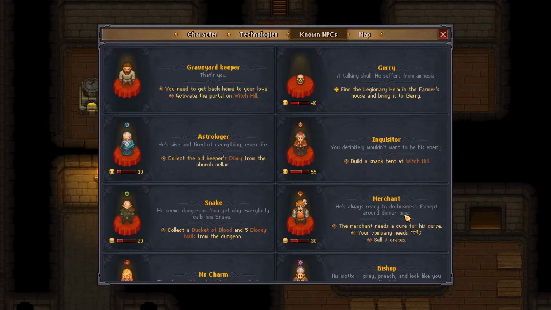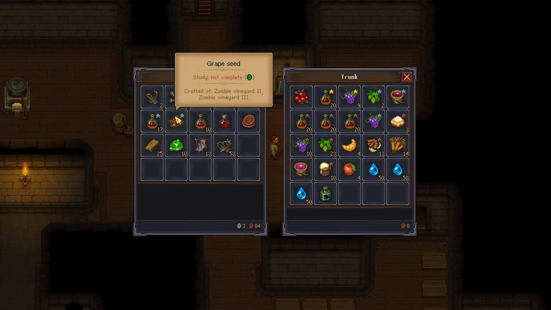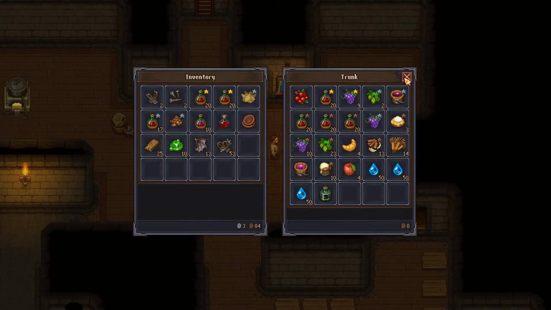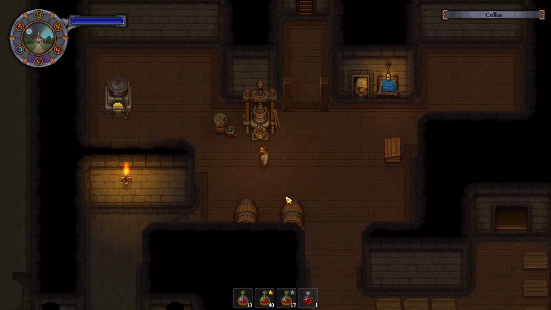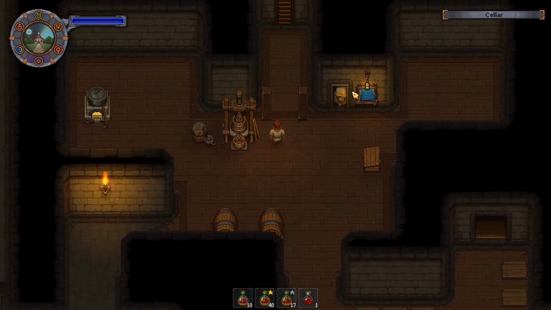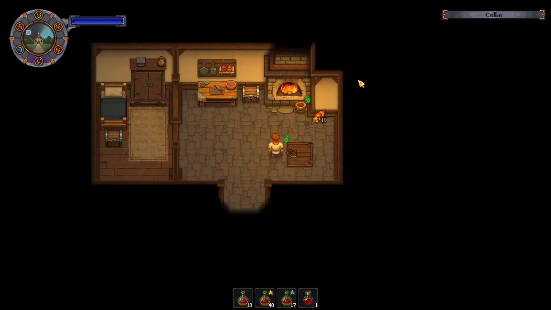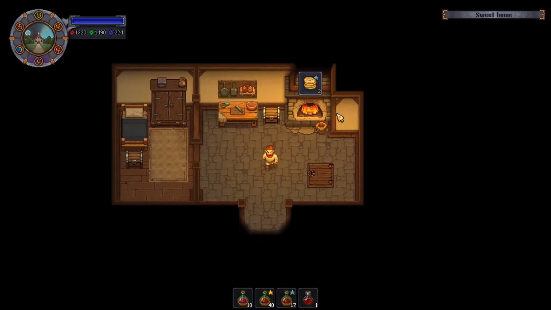I will need to work with Merchant and all the other NPCs, but I'm kind of skipping ahead, so I'm not gonna be leaving anything in here. Can we make at least one more wine? Yeah, no, we cannot. On the next episode, most likely, I will show you how it looks when you start